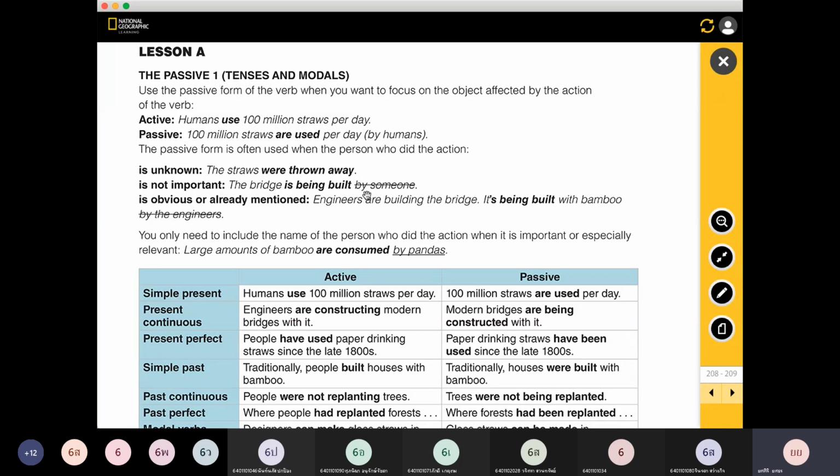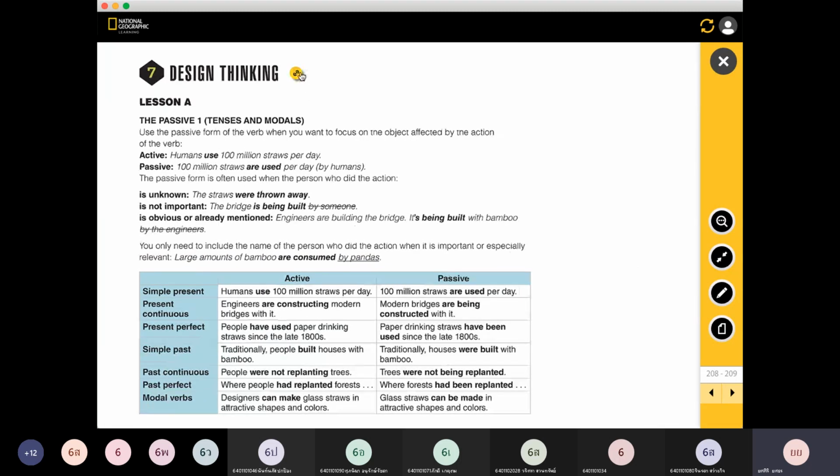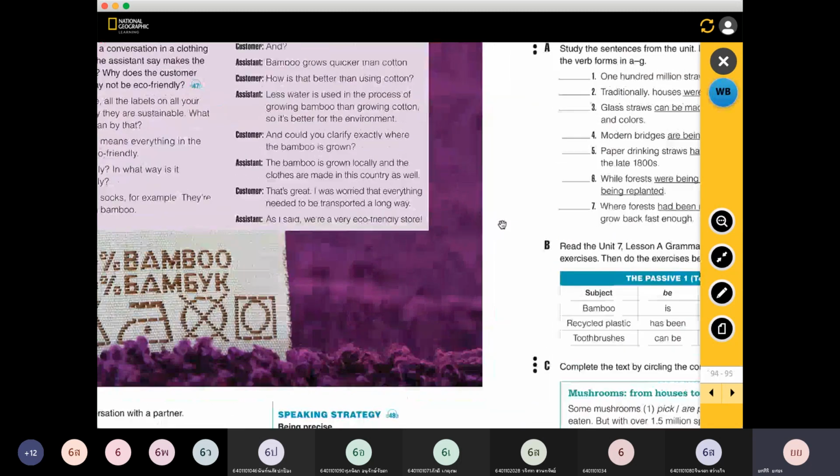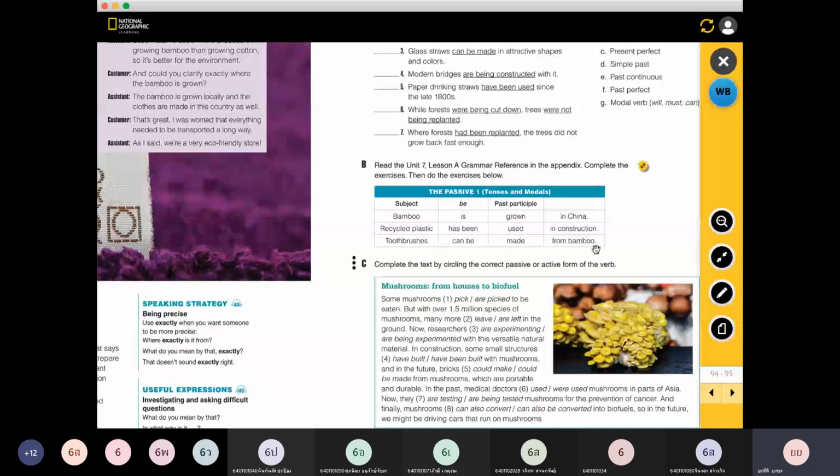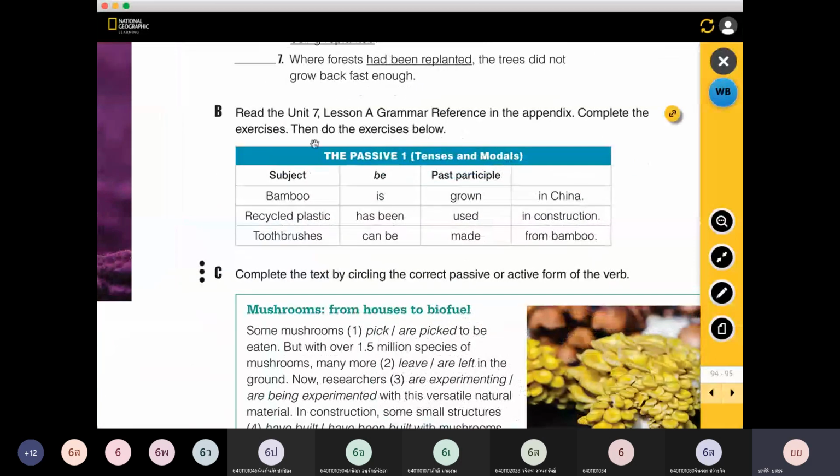Okay, and if you want to use the passive, so you can see it easily, the passive here. So if we shift back just a little bit here, so you can see the passive, the form of the passive starts with the be and the past participle or the verb to be here. But when we talk about the passive,